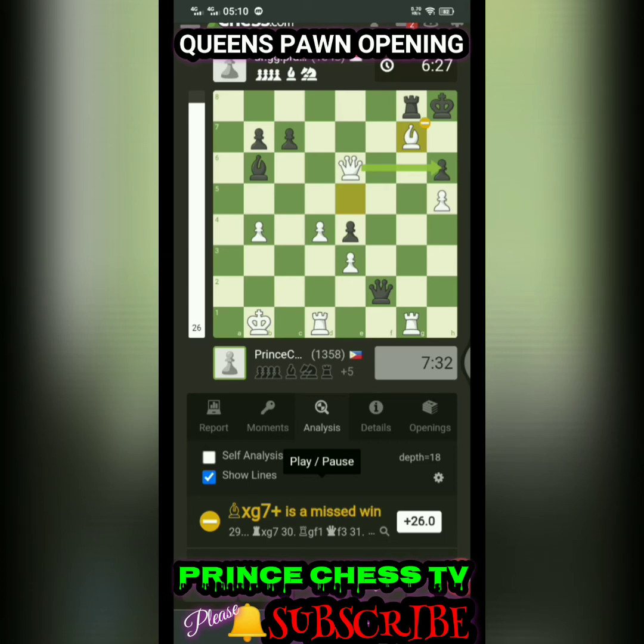So again, guys, this is a 10 minute game, a blitz game. I think this is a long game. This is not a blitz game, but I missed a win with rook, queen takes h6. But that is our play, and I did not analyze that. So bishop takes g7 is a missed win,